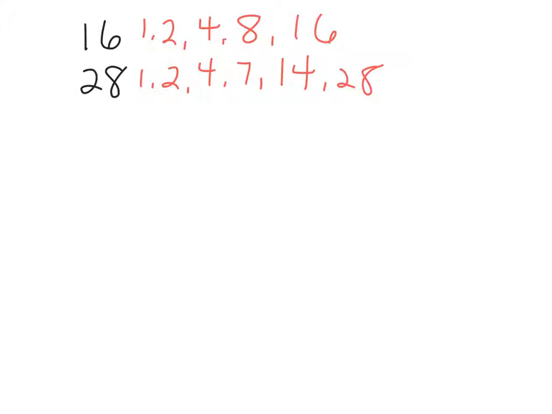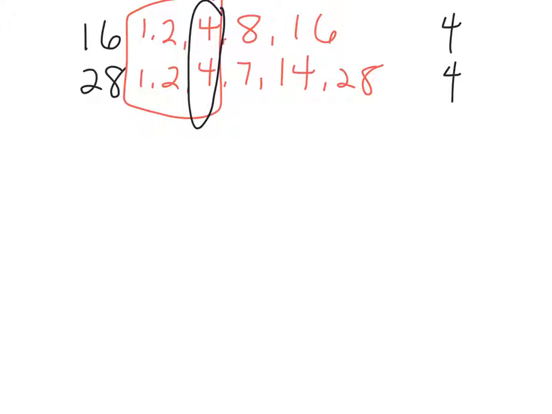So if you had, what is the greatest common factor between 16 and 28? And you can work out the factors. I think I got them all. But we have the common factors here, and the biggest number there is 4. And so the greatest common factor for 16 and 28 is 4. And I did it quickly, so I may have left off something in between here, but I know that the